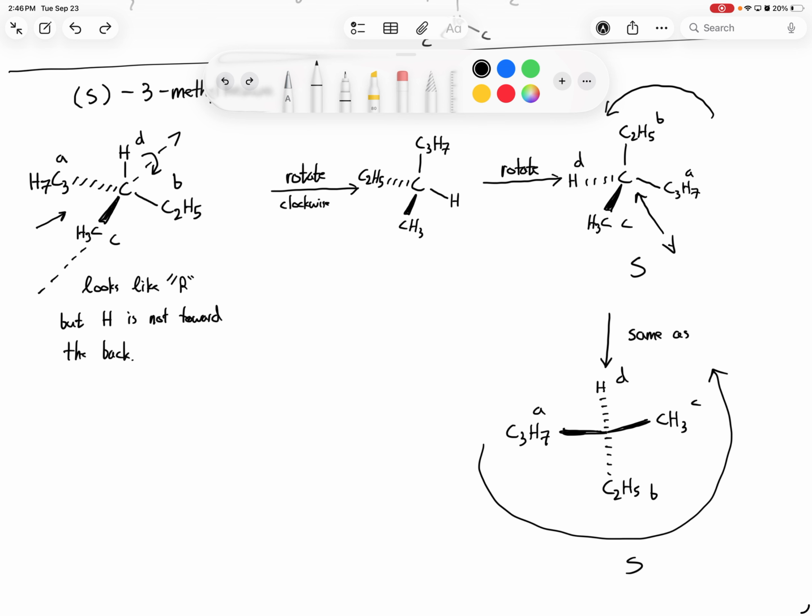Because the other thing you could do is, say it's R, right? But the hydrogen is not in the back. You can be like, okay, well, the hydrogen's not in the back, so it should be the opposite of what I look at. So you can say, oh, it's written as R, it should be S. That's another trick you can do. This one's not a great example. Another trick you can do is something called the right-hand rule. I might show that next class, okay? All right,